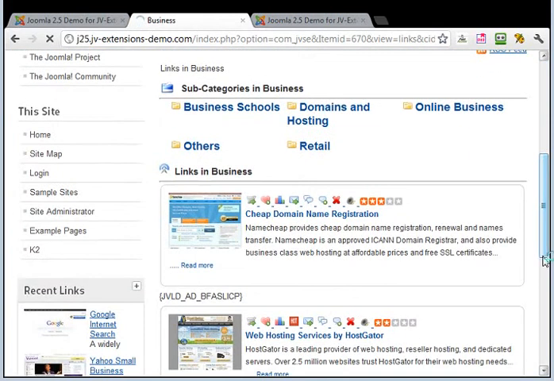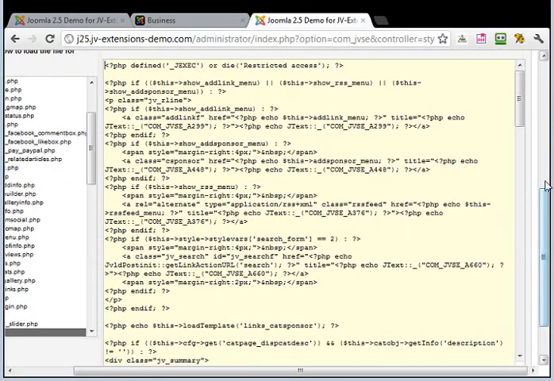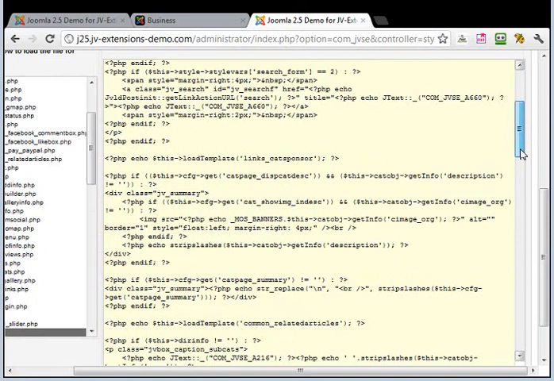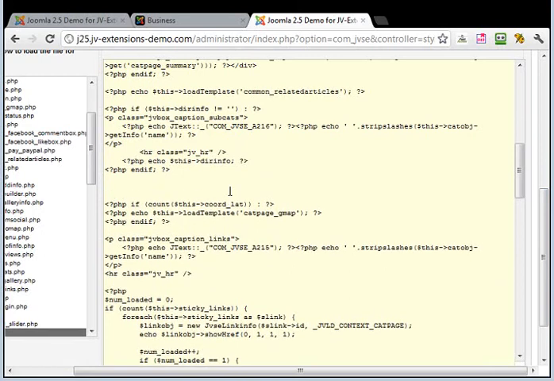Let's say I want my ad to appear in between the caption links in business and just below all the categories which have been listed. So I just need to locate that particular area in the template file. In this case, it's going to be over here. So I identified that, and I've pasted the ad spec code over here.